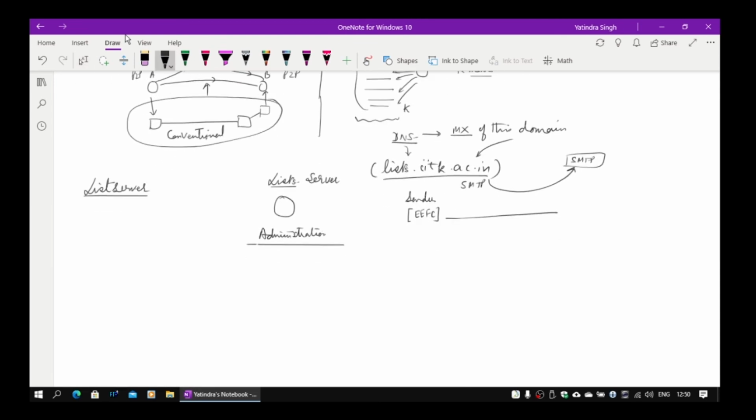Okay, when we implement it in a peer-to-peer mechanism, the administrator will now maintain a list. It will maintain faculty A, faculty B, and so on. Whenever some new person joins, a new faculty entry will be added to this list. This is nothing but the email ID of that person, essentially written as faculty a@iitk.ac.in.